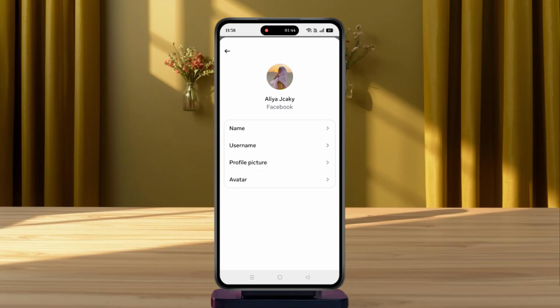Keep in mind that Facebook may limit how often you can change your name, and the name you choose should